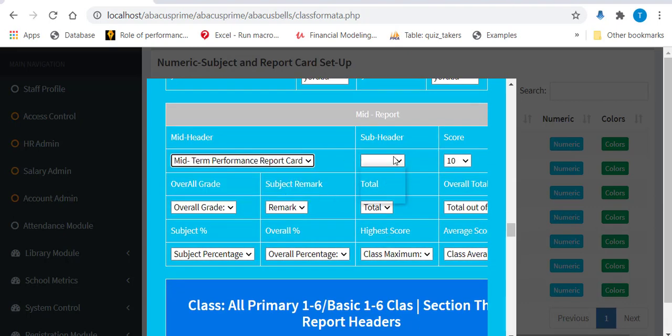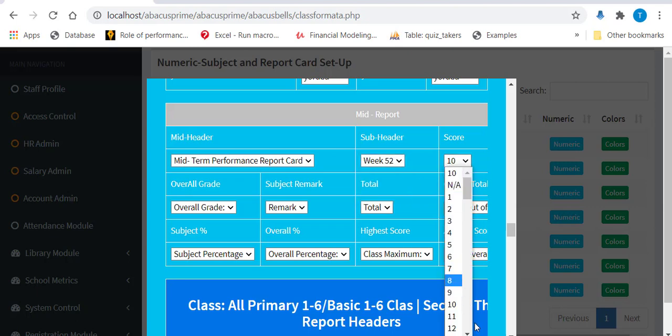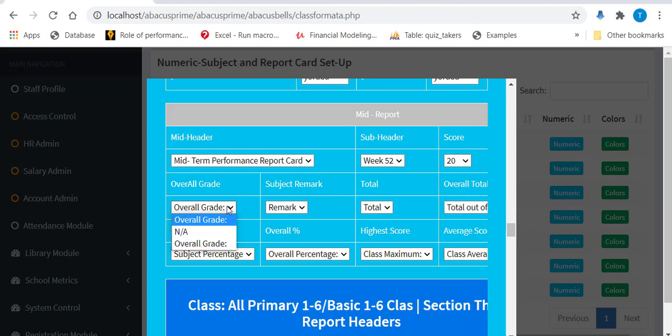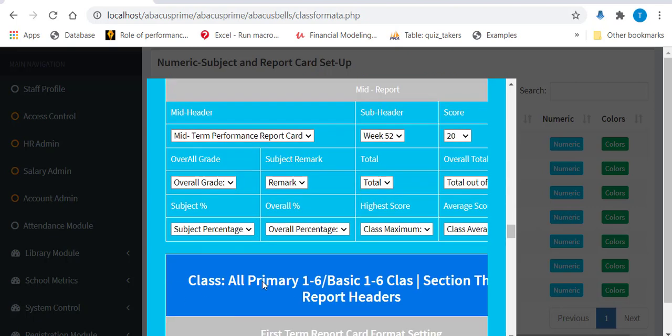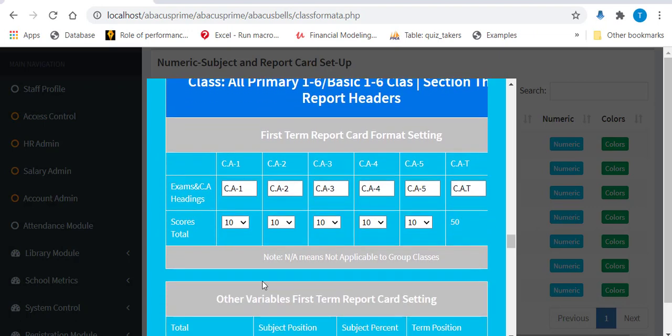Then you have your midterm report. You can set the various labels and the score. What score do you want to use to grade your midterm? You have your overall grade and remark system. These are things that will display on the report card. You have your first term report. Now, this section handles